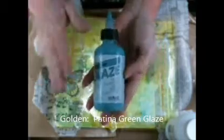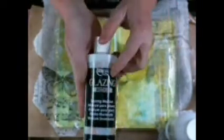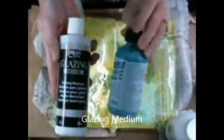Okay, now at this point I want to put a glaze over it. And I've taught you guys about this in the past. I happen to have glaze from Golden. It's pre-made, already done for me. But if you don't, or say I don't have the right color, because I only have 4 of these glazes from Golden,